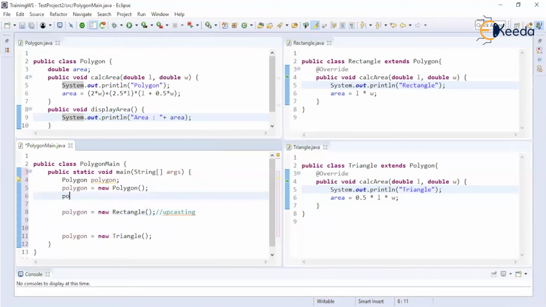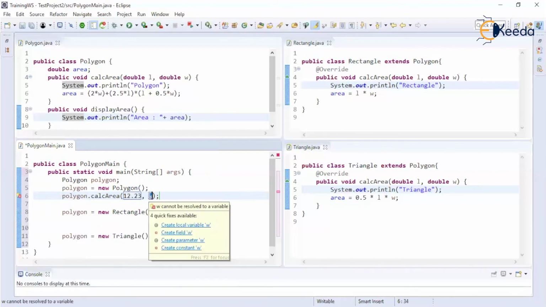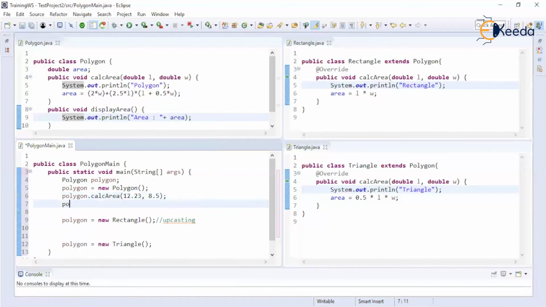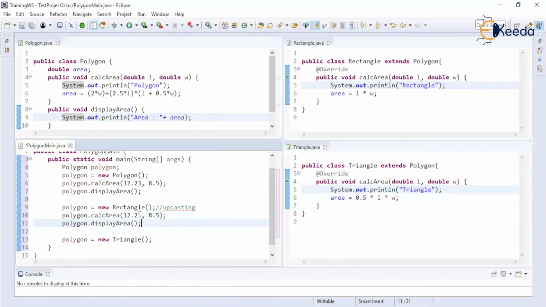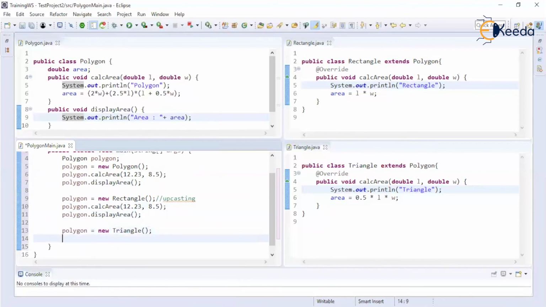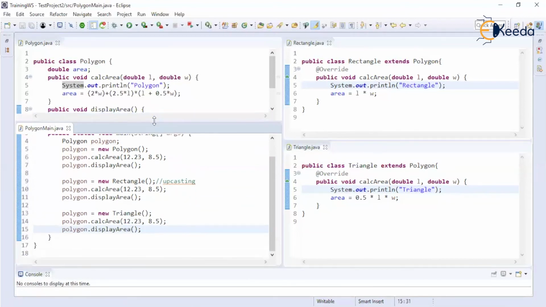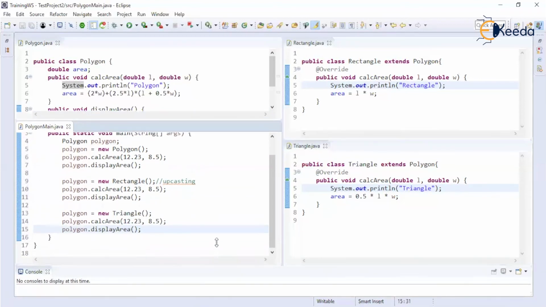And then we will call polygon dot calc area, and I will pass certain parameters to it. Display area, and I will copy this for the rectangle object and also for the triangle object.